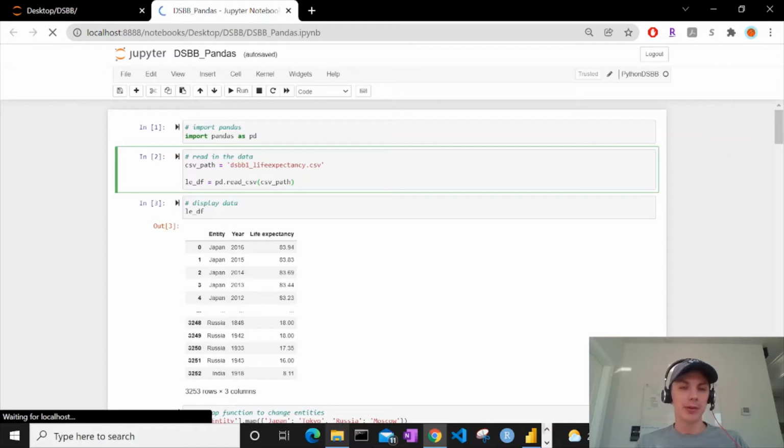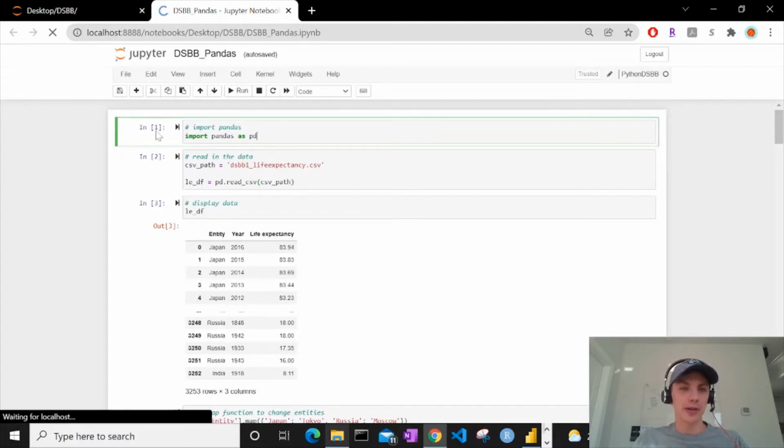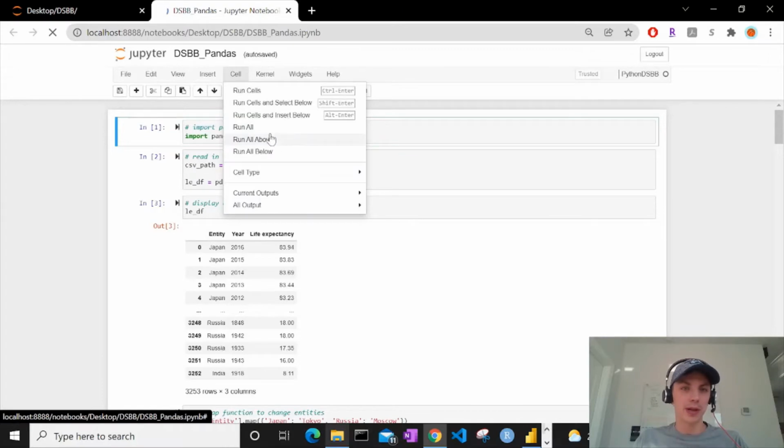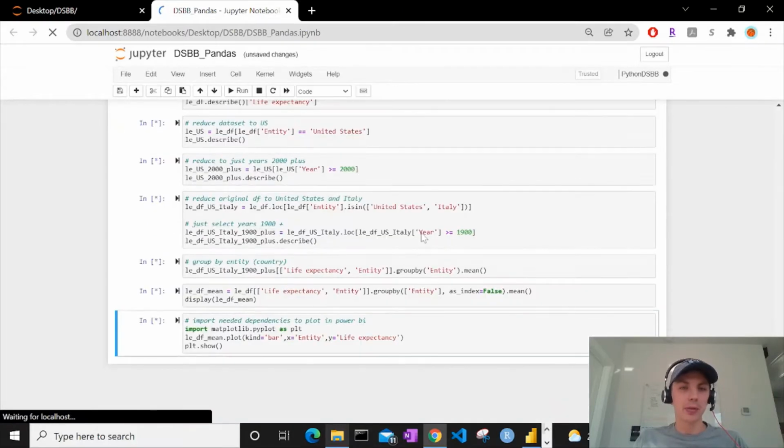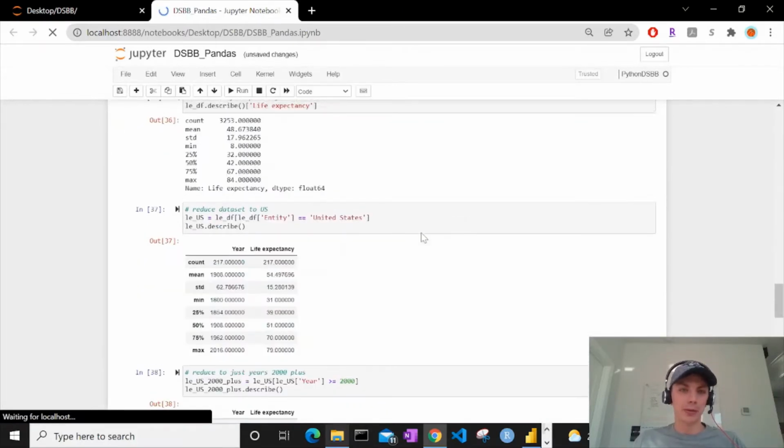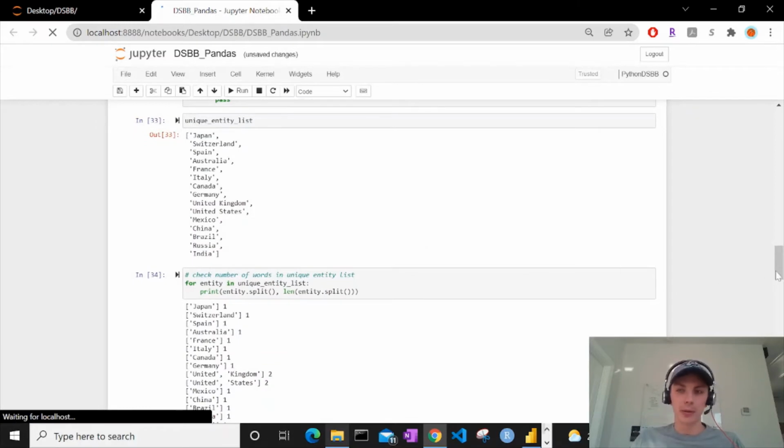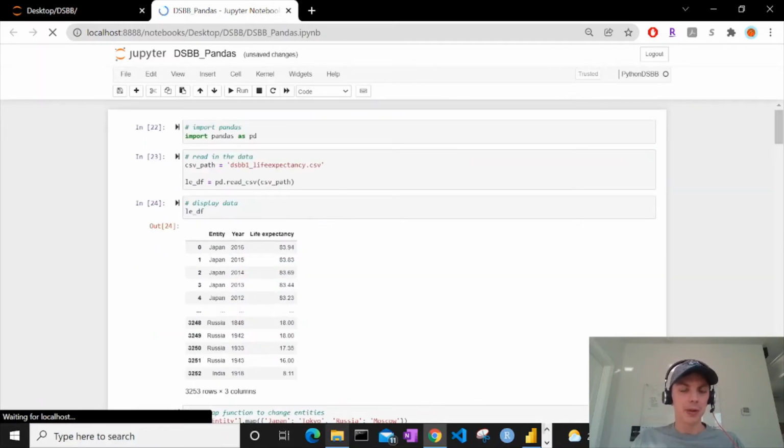But you should be able to at least follow along with these steps just by observing if you don't have this script. But if you do, start in cell 1 here and do a cell run all. We're just going to do some prep to make sure everything is ready to pull into Power BI the way we want it. And we did the map function at the end of the last video, so if you scroll